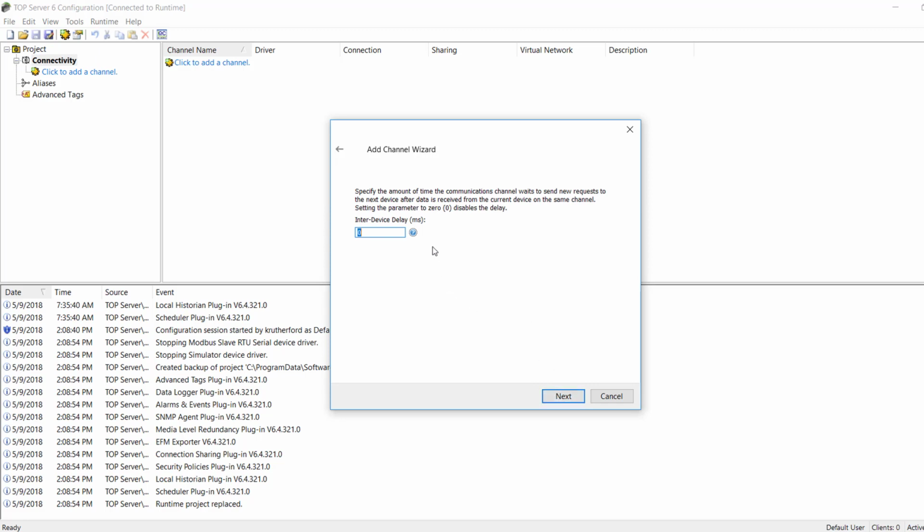You can also specify an inter-device delay if desired. This setting determines whether the channel will pause after receiving data from a device before switching to the next device on the channel, and it will specify how many milliseconds this pause should be. This setting can be particularly useful in telemetry scenarios if the radio requires time between requests. For the purposes of this demo, we'll go ahead and leave the inter-device delay at the default of 0 and